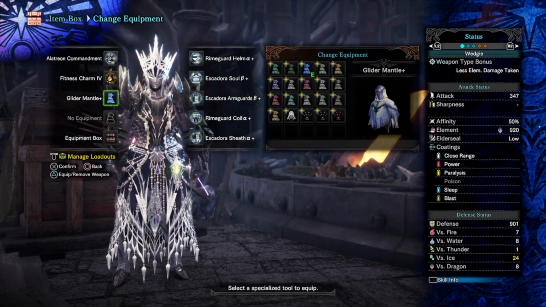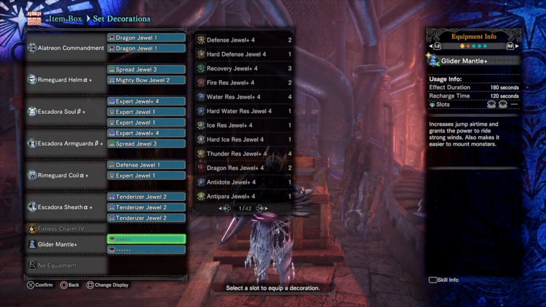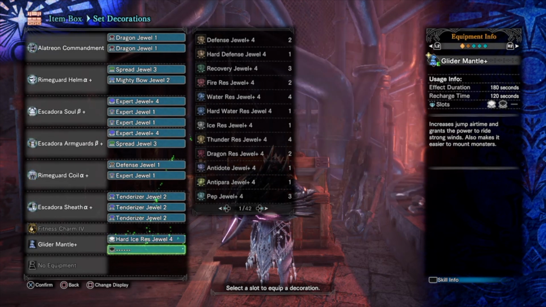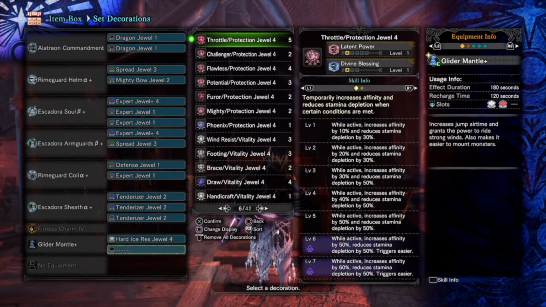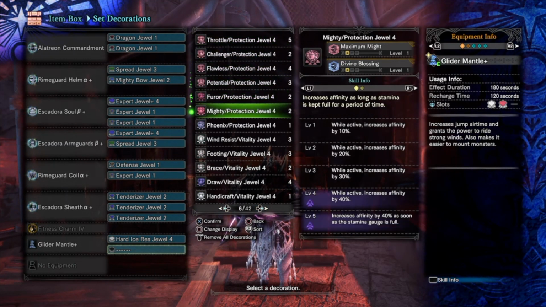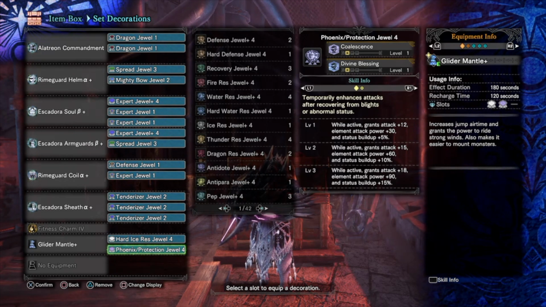This is so we can throw on a hard ice resistance jewel. Obviously you can pick the element best for the fight here, but ice is already our highest resistance, so the 3-set percentage multiplier means we'll get more elemental damage here than using any other element, or a hard defense jewel. Our other slot will be a Phoenix protection jewel. I did a lot of playing around with hard defense and hard elemental jewels, and I believe this to be